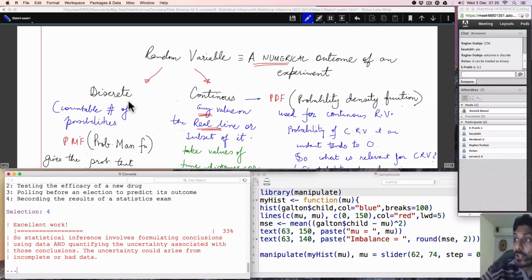Okay. So if it's a real number, what is it? Suppose I want to measure somebody's height, all right? Will it be treated as a discrete random variable or continuous random variable, or rather discrete value or continuous value? Measuring somebody's height. It will be continuous. Lavita says it will be continuous. Rohan says it is continuous. Kaustav says discrete.